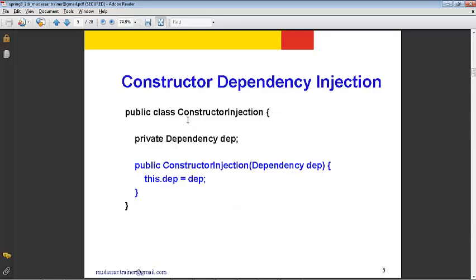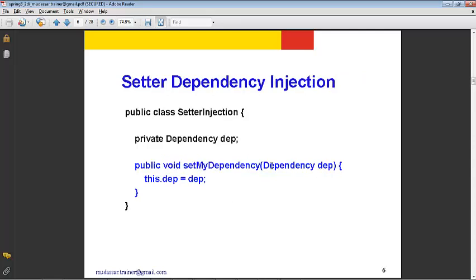Setter dependency injection, constructor dependency injection, what happens in these? We just need to make sure that the constructor, okay, that's going to be called, we make one constructor of that sort and we have the parameter that will be injected in it. Whereas setter dependency injection says that you just need to make the setter for the property. You will try to search for the set and that property name, and when it says property name, it actually looks at the camel casing setting of the property name.